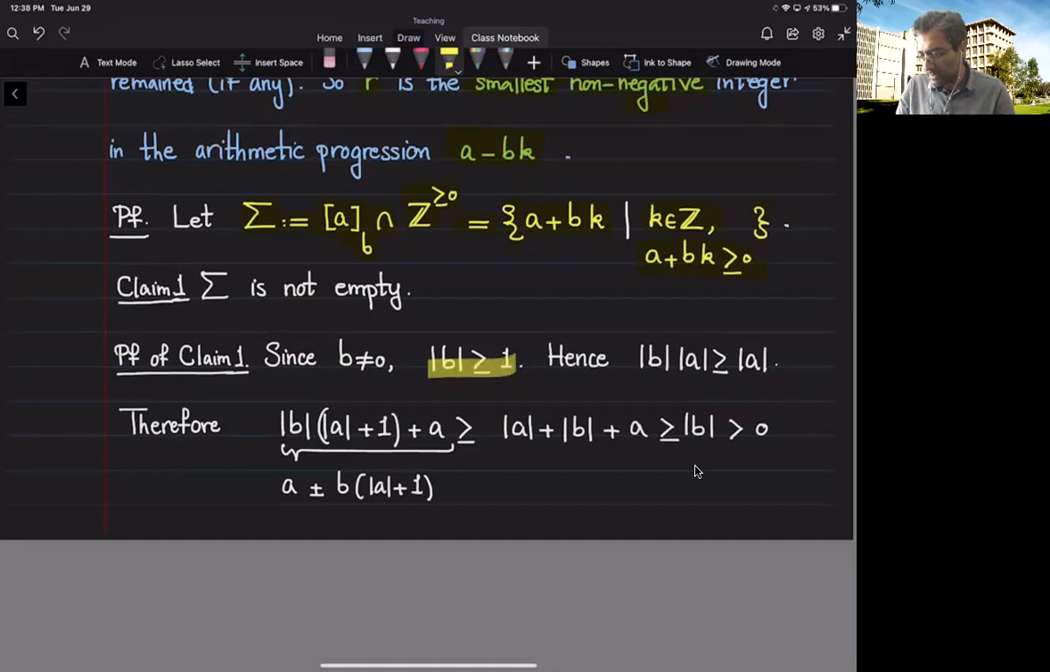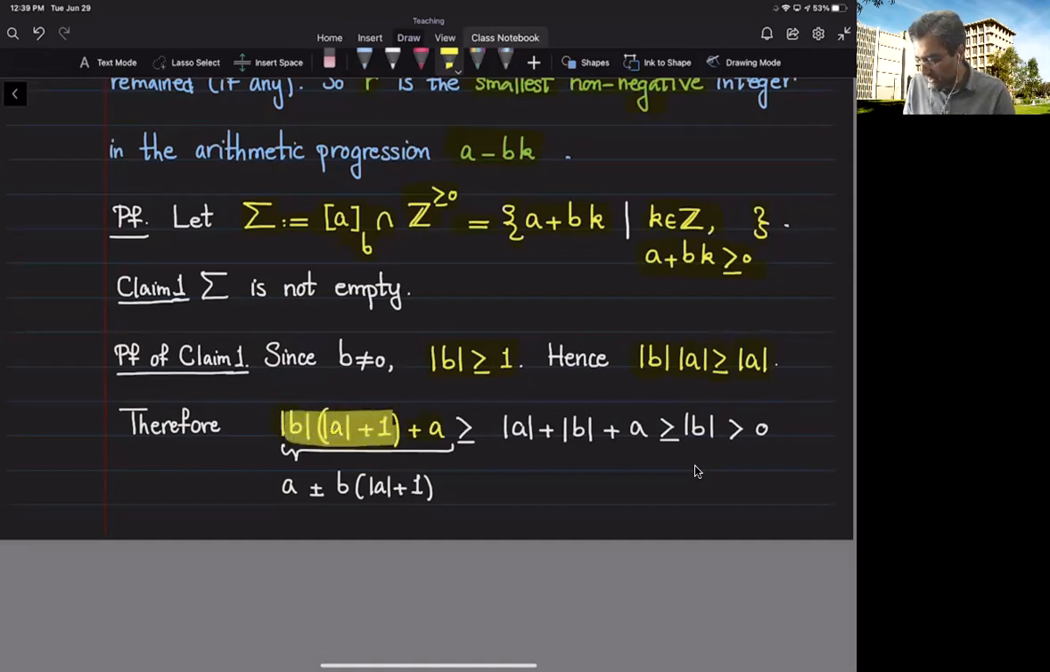Absolute value of b is at least 1. That means absolute value of b times absolute value of a is at least absolute value of a. Now, if I add a to both sides and go one more step, so I add one extra absolute value of b, so I'm adding a total of absolute value of a plus 1, and then I add the initial point of this arithmetic progression, which is a, and then I notice